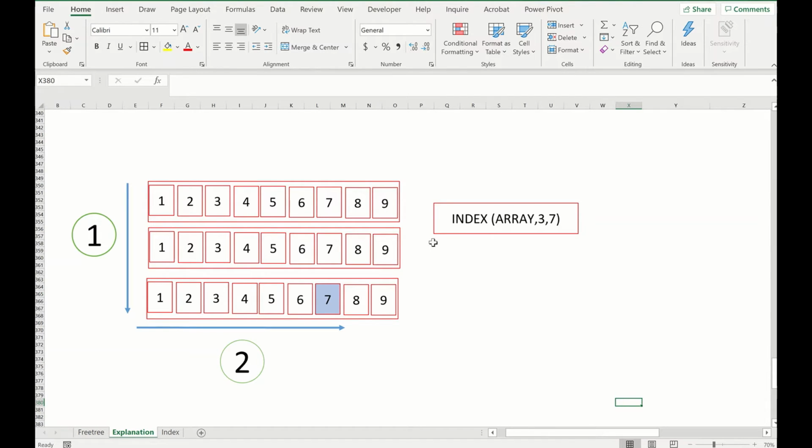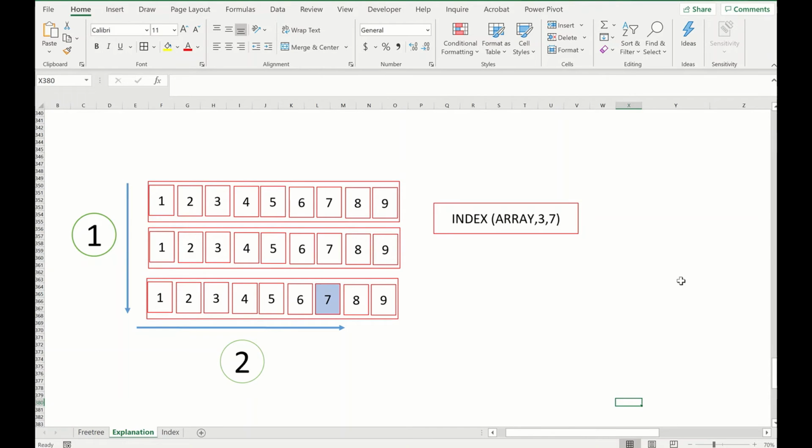So the index has a very simple format. You get the index, you select the array, and then you select first the rows and then the columns. So number 1, number 2, so 3, 7, which is what we have here. This is the first representation of index, which I think we have explained in the example also. This is what mostly we will use 99% of the time, right?